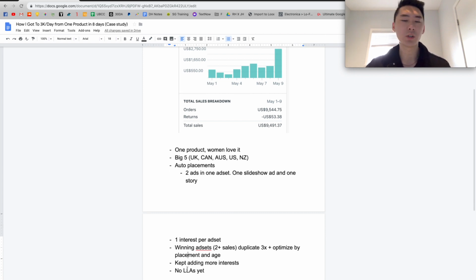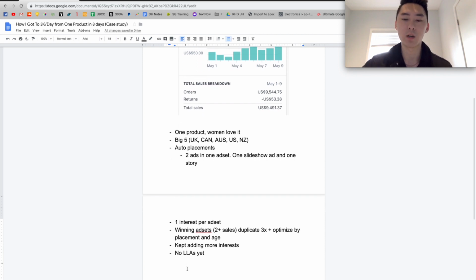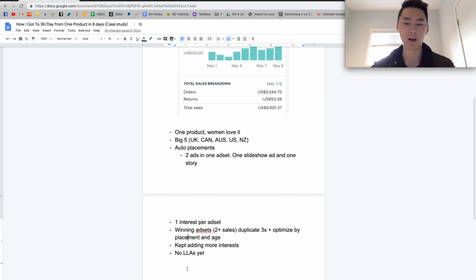So basically how I also increased the ad spend on top of that is I just kept on adding more interests that are related to the ones that were working. In my case, I don't want to reveal too much, but I focus a lot on competitive targeting. For example, if you're selling hats, you would target a lot of brands that are related to hats and fashion and things like that. Or if you're doing sunglasses, you would do something like Ray-Bans, or if you're doing computers and electronics, you would do Dell,